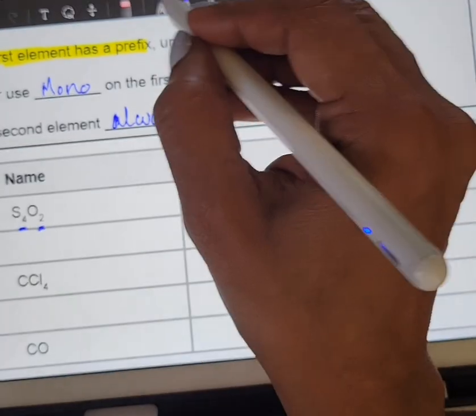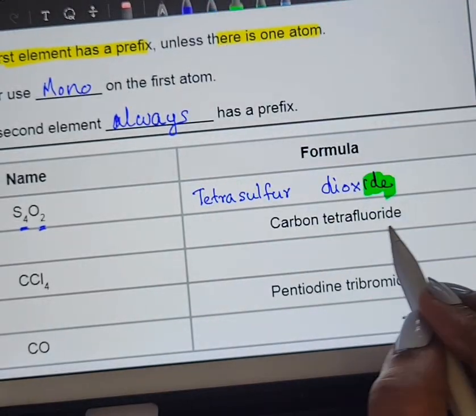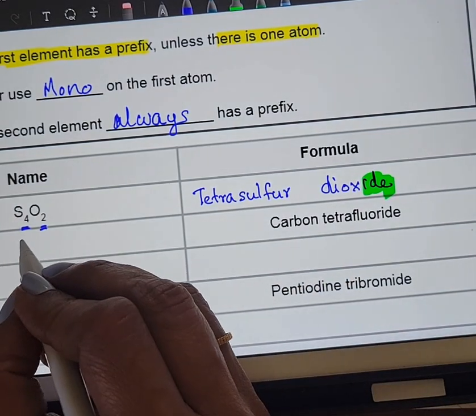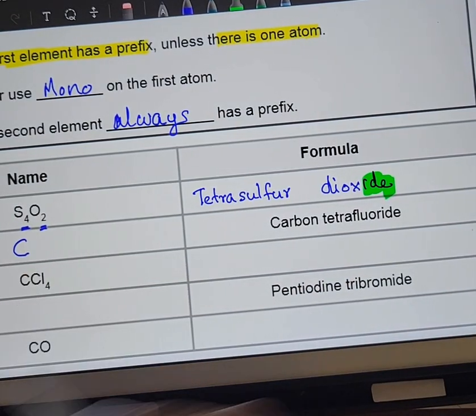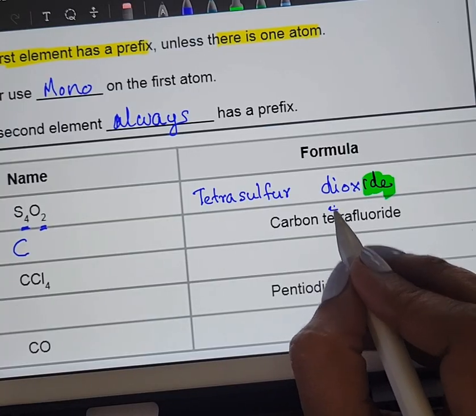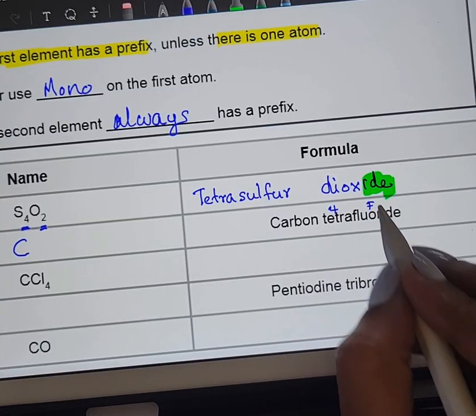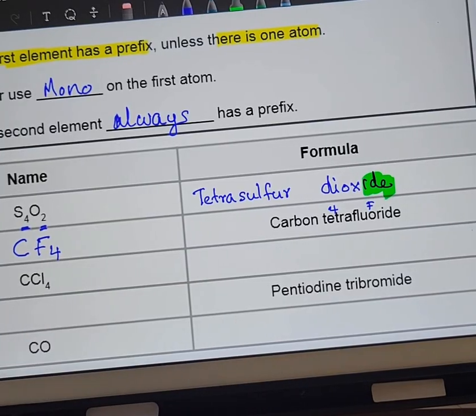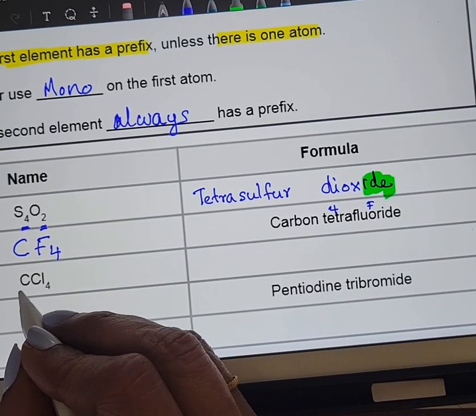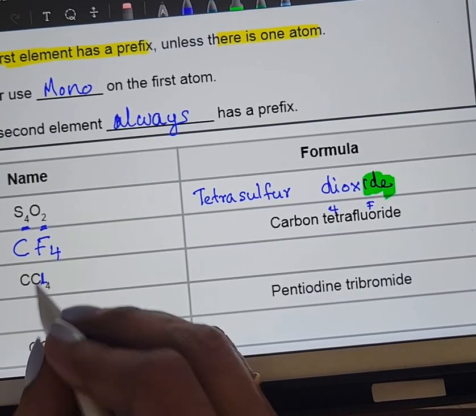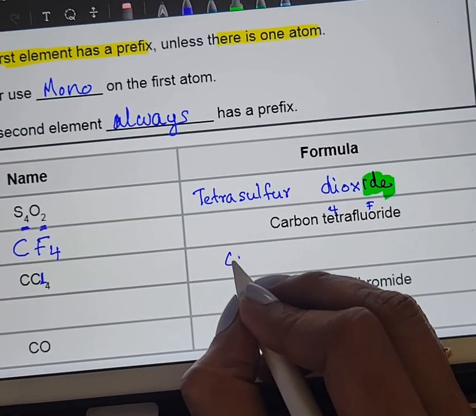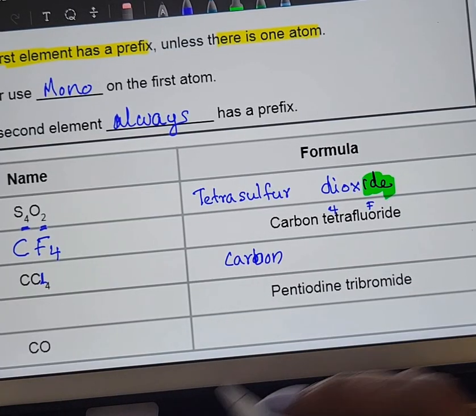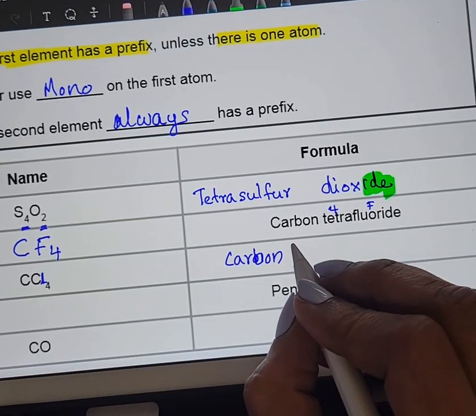Okay, now let's go back. It says carbon tetrafluoride. It says just carbon. That first element, if it is carbon, that's only 1 carbon. And it's tetra. Tetra means 4 and F is fluoride. So I'm going to write F and it is how many times? 4 times. And next one Cl. This is Cl, okay? So write carbon. We don't need a prefix for 1 if it is the first element. And chlorine